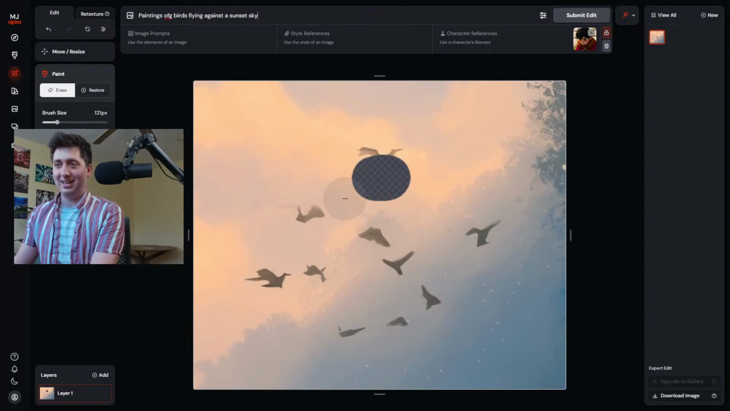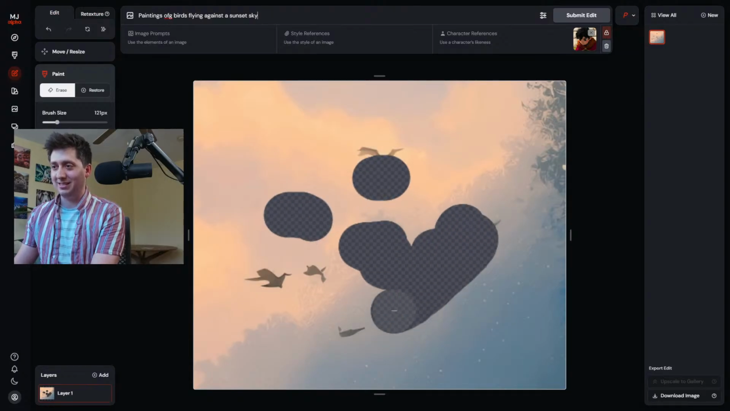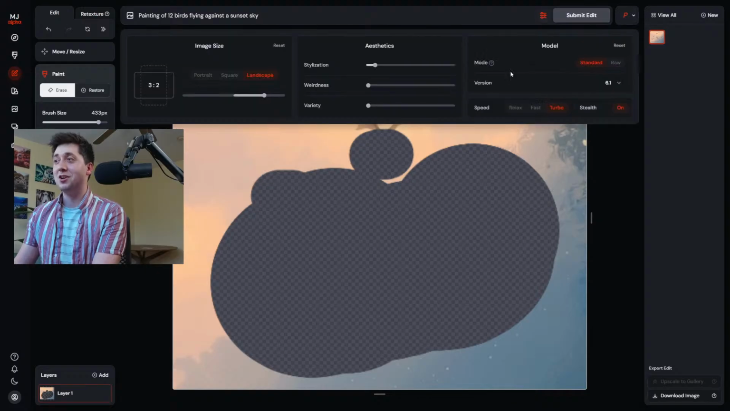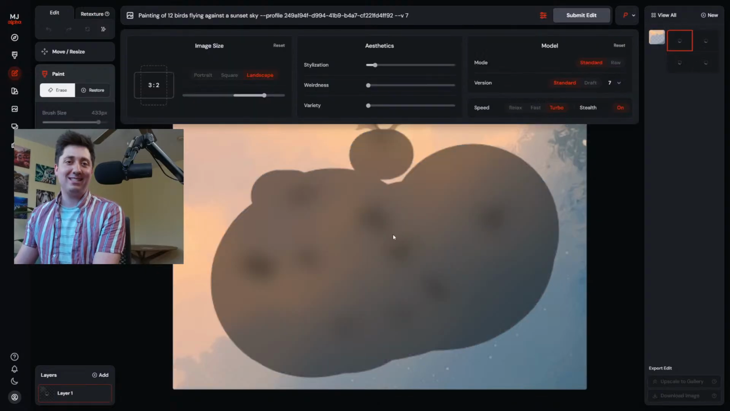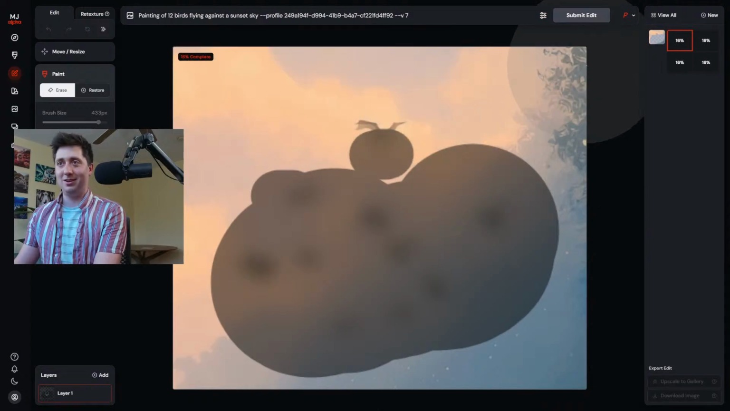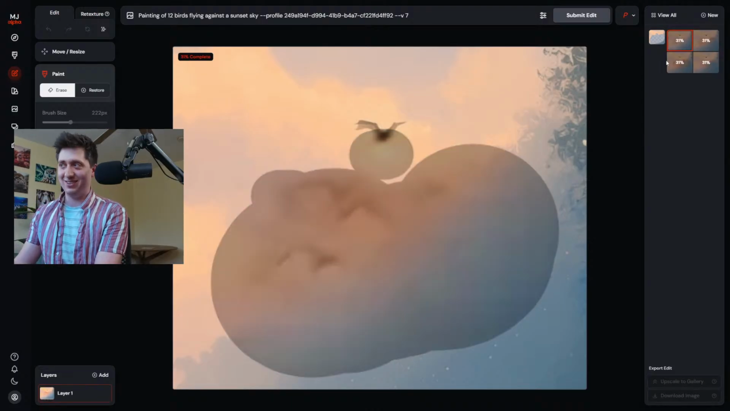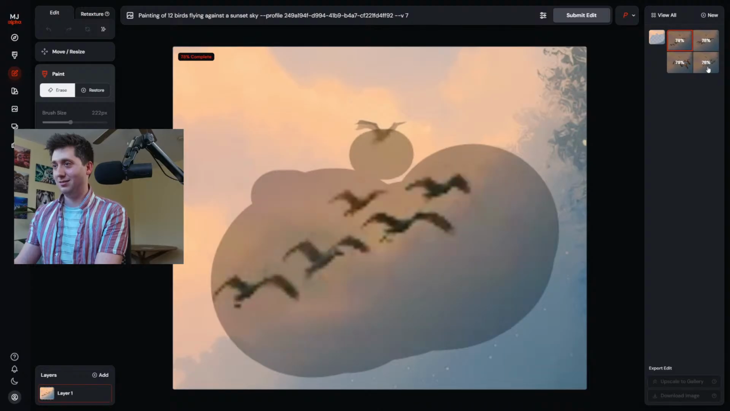And you clean this up and you clean this up and you clean this up and you let Midjourney draw 50 birds, 12 birds, a painting of 12 birds flying against a sunset sky. Take out your character references, switch back to version 7, and just see how it ends up drawing birds. And it's nice to feel like you have control over what any particular part of your image is supposed to look like. So when this generates and we want it to look better,